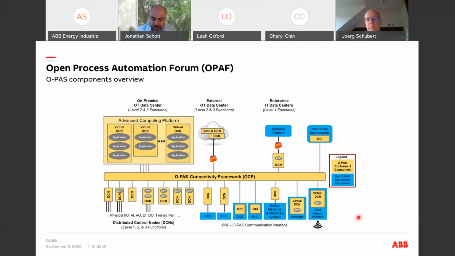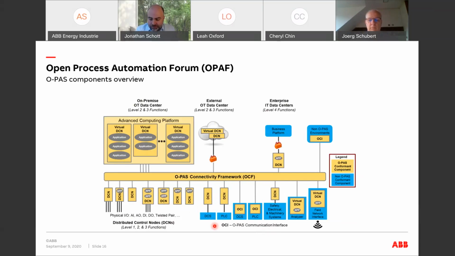And you see the yellow parts, which are 100% covered by the OPAF standard. And then you see the other parts, which contain blue elements, and blue is non-conformant components and devices. But everything in the end can work together, because the OPAF provides a way, of course, to integrate purely conformant products on the left side, with the main device being a DCN, a distributed control node. But a DCN can also be a gateway, as you can see in the center, to existing DCS systems or PLCs. And with that, it's very easy to extend existing systems.